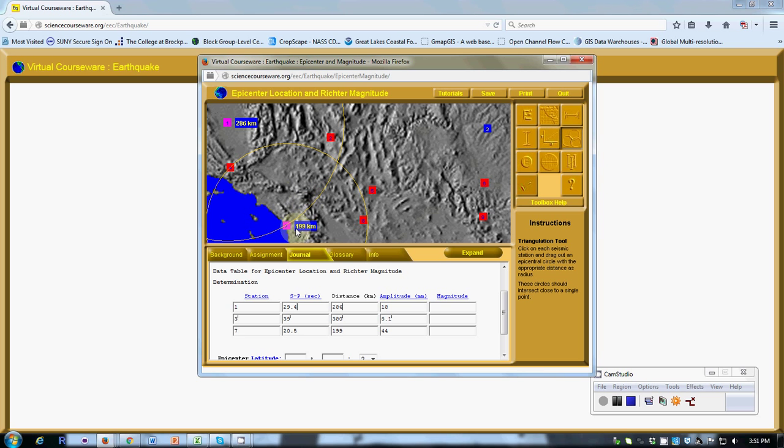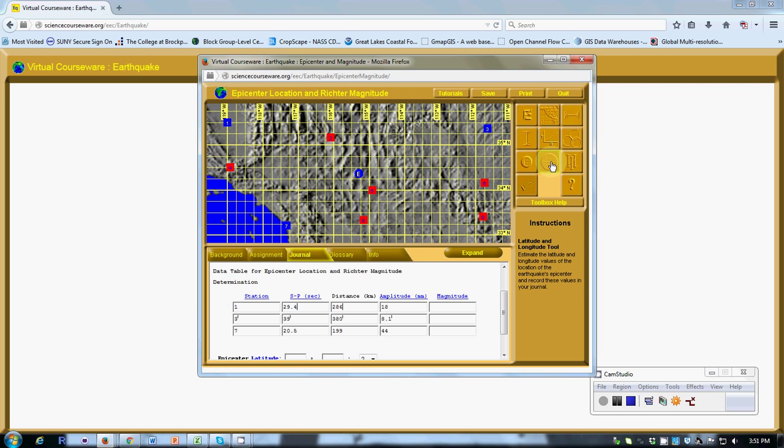And I know that the earthquake lies on both of these circles, so the earthquake was either over here or over here. The third way to find out is to make a circle with station 3, which is 380 kilometers, and the intersection point is right there. And that intersection point is where the earthquake occurred. And I can go ahead and use my latitude and longitude button on the map